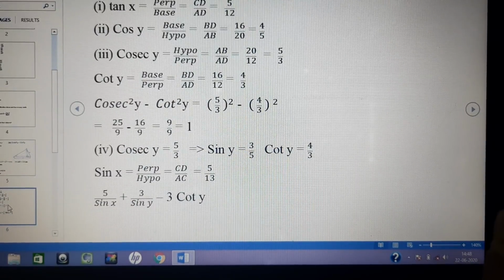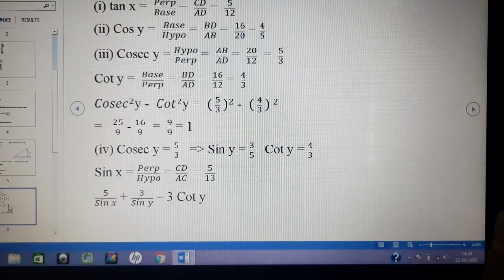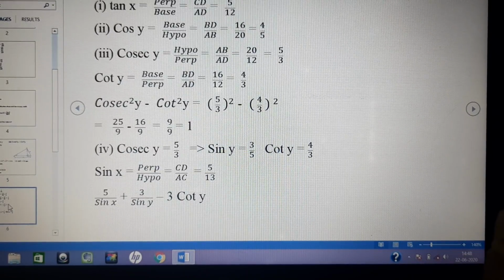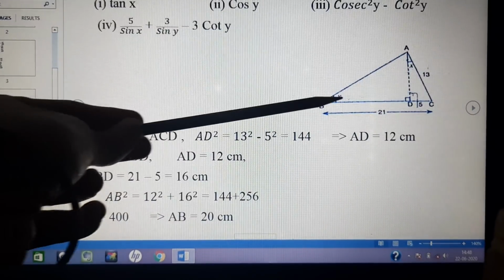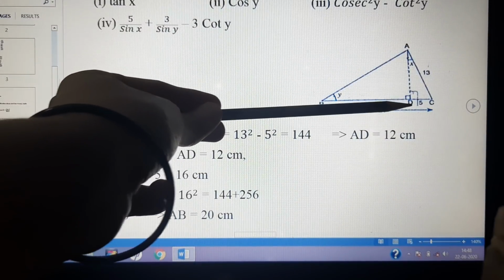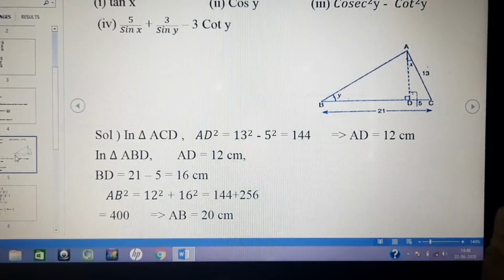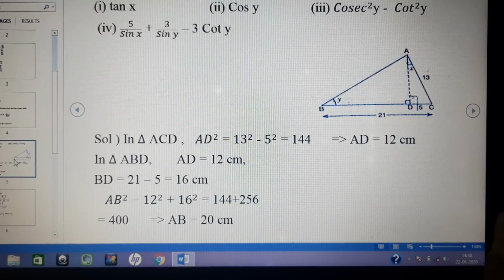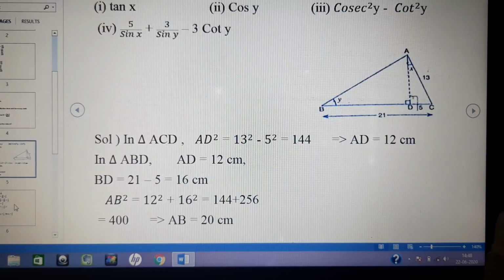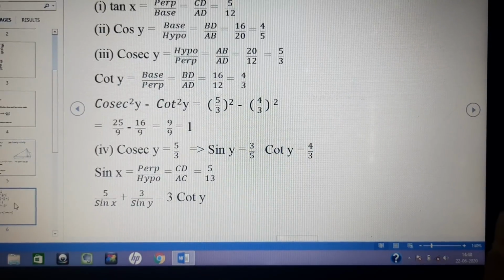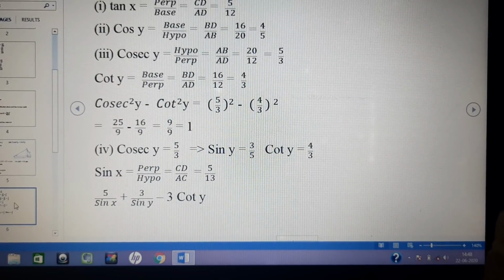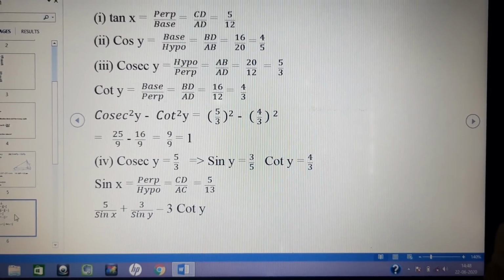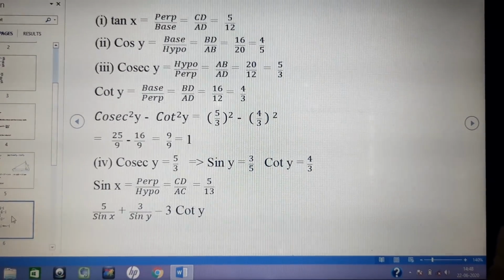Cosec y. The angle is the same. It means we have to find cosec y. The definition says hypotenuse upon perpendicular. So according to angle y, AD is perpendicular and AB is hypotenuse. So AB upon AD. Hypotenuse upon perpendicular. Are you getting it? AB upon AD, 20 upon 12, that is 5 upon 3. Then cot y will be equal to